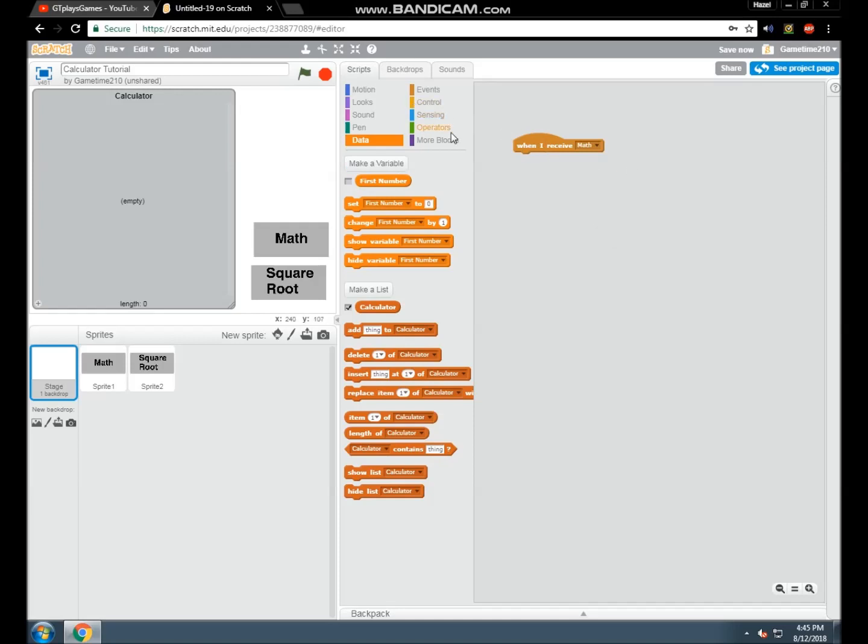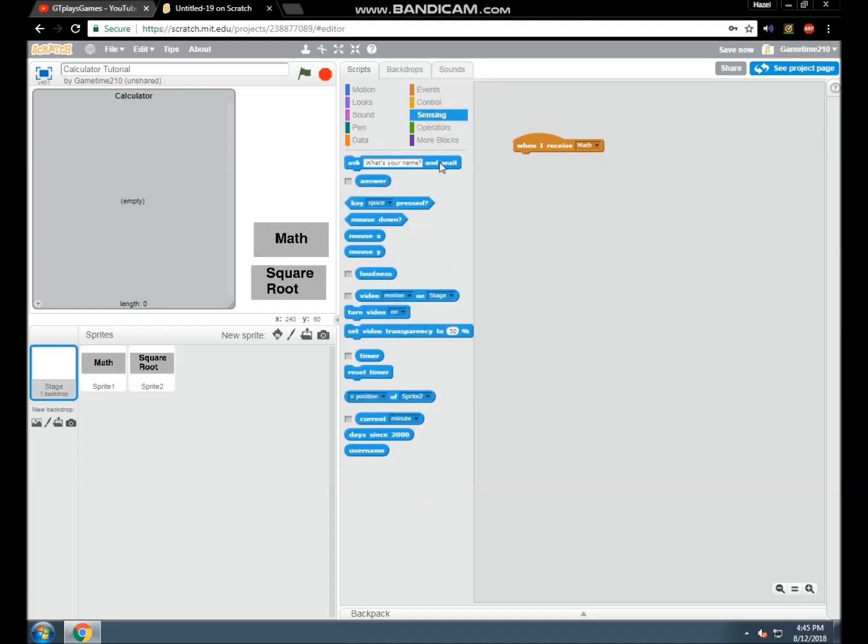So then that way, when we actually get to work on the program, when you type in the first number, it will set this variable to that number you typed in. Okay, so then